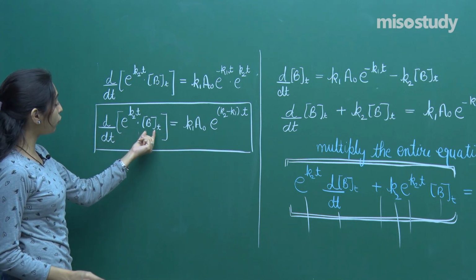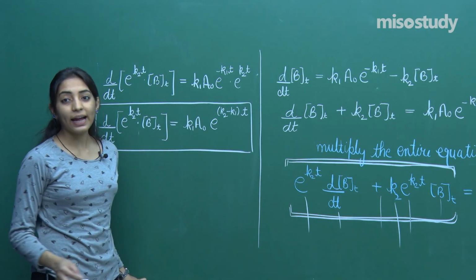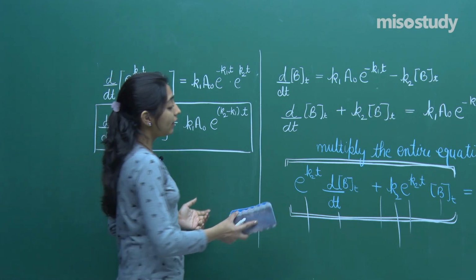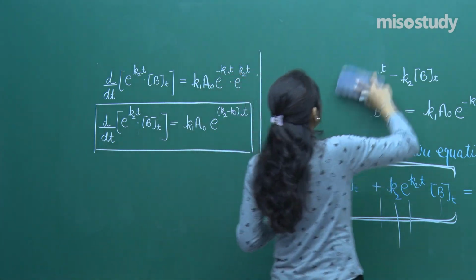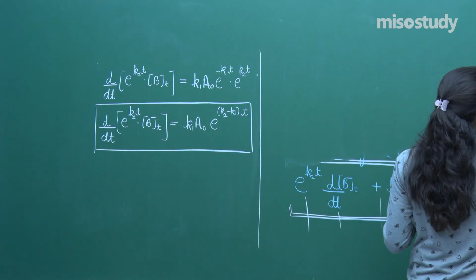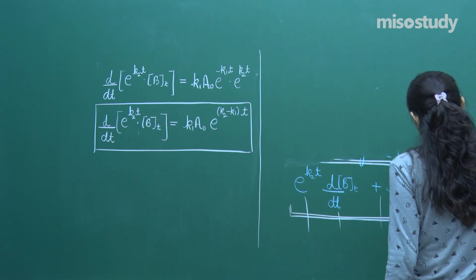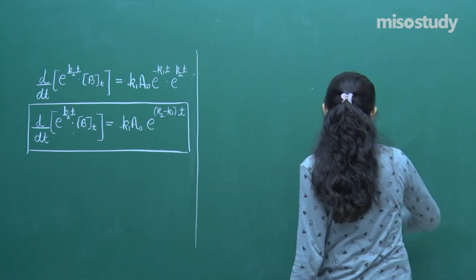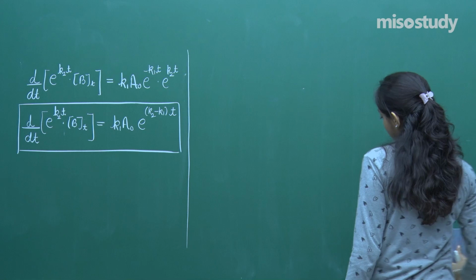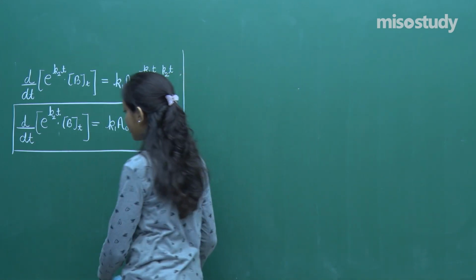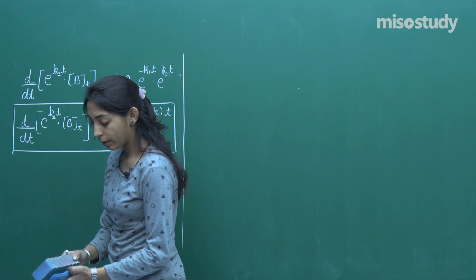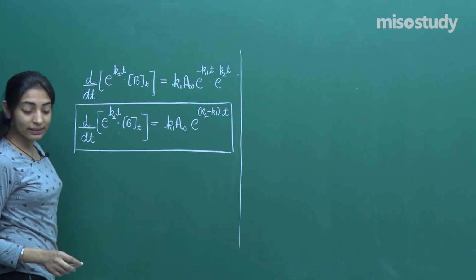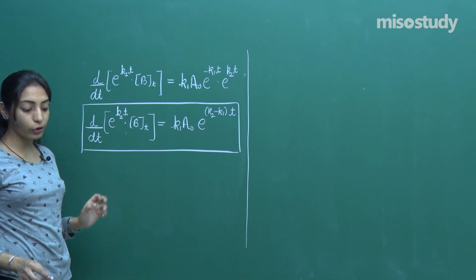Okay. Now since we need to figure out this value of b at time t, I need to do the integral. So when I have to do the integral, let us now start further. Let me prepare the board. So if I will be starting further, I will ask you to take this dt on the right hand side, and once you take this dt term on the right hand side, let us see what you will be getting.